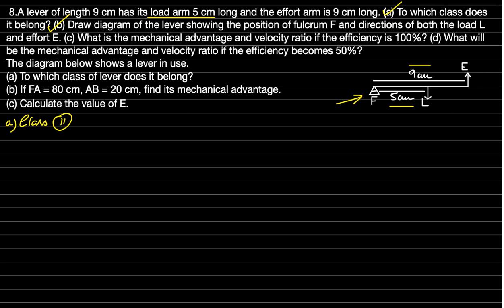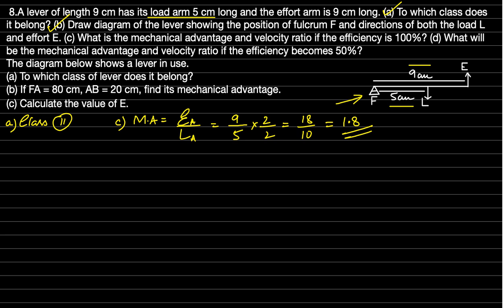So coming to the third part, what is the mechanical advantage and velocity ratio? So for finding the mechanical advantage, I would be doing effort arm by load arm. So here I would write, this is the C part actually. So C part, mechanical advantage will be equal to effort arm divided by load arm. Effort arm I have written as EA, and load arm I have written as LA. Now our effort arm is 9 divided by load arm is 5. So 9 by 5 is nothing but 18 by 10, if I multiply numerator and denominator by 2, which is equal to 1.8. So the mechanical advantage we get is 1.8,